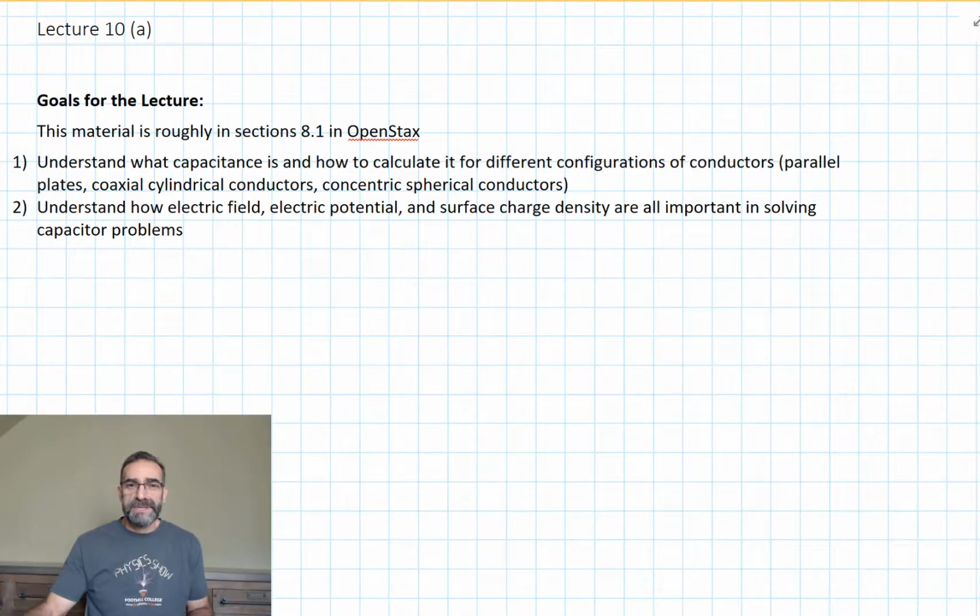This chapter starts our study of circuits, and our first circuit element is the capacitor. Capacitors are incredibly useful, and as we go through the chapter, I'll try to talk about some of the uses and why we see capacitors in almost all of our electronics devices. But first, let's talk about what a capacitor is, what it does, and how we can calculate the capacitance of